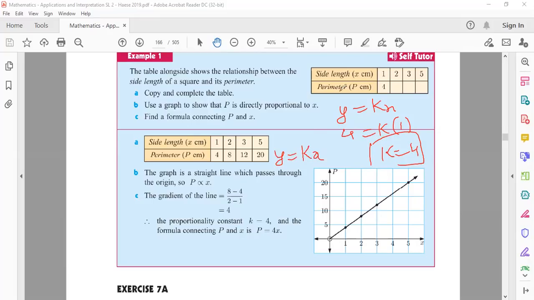So in this case, p is your y axis and x is your k. So p is equal to 4x. So if you say the second part, you will put p is equal to 4 into 2. So you will get this as 8. Okay, same way it goes on. So this is the example.